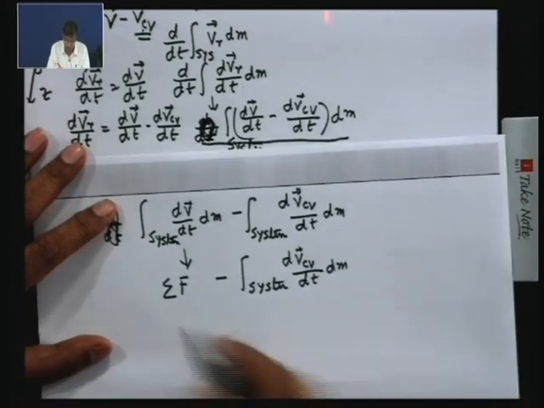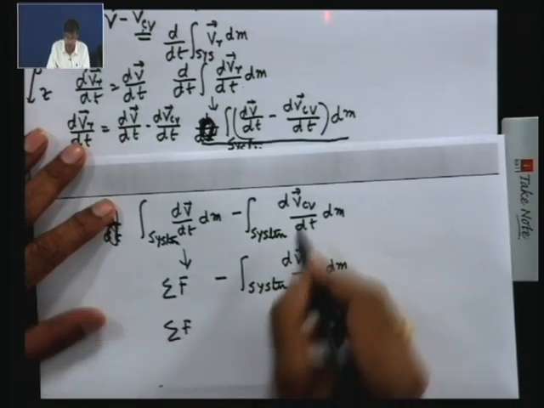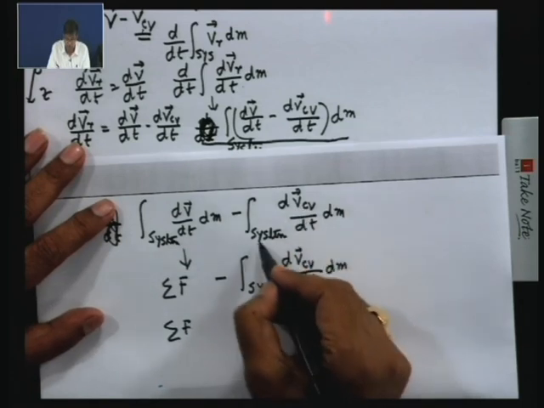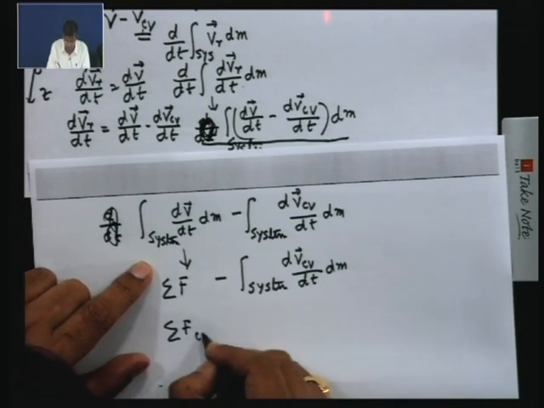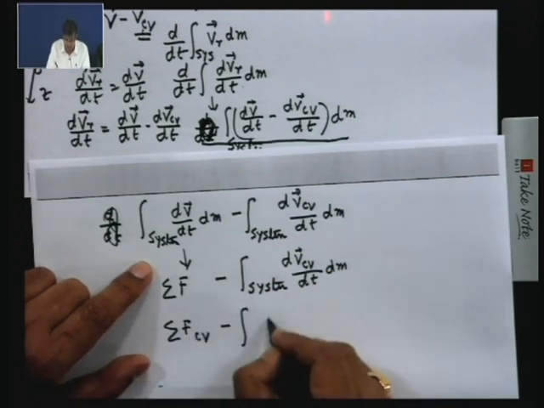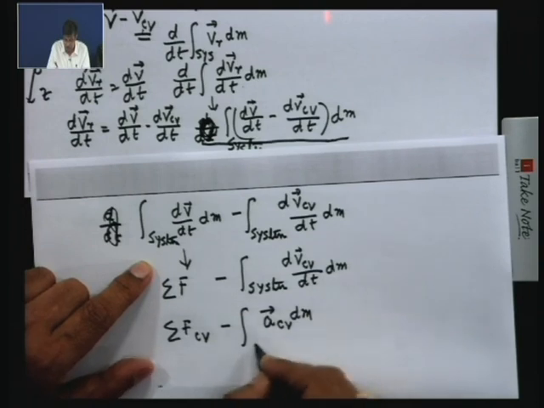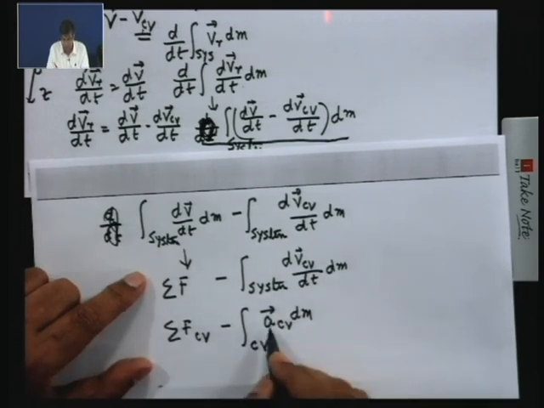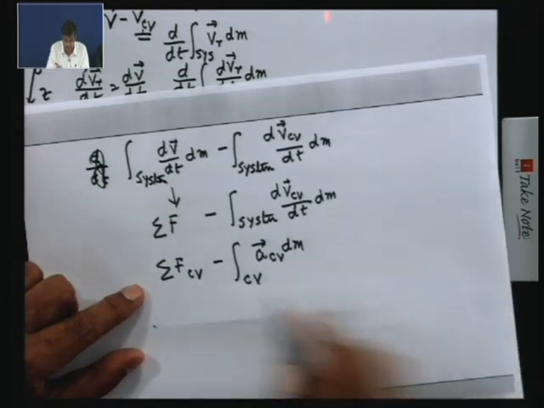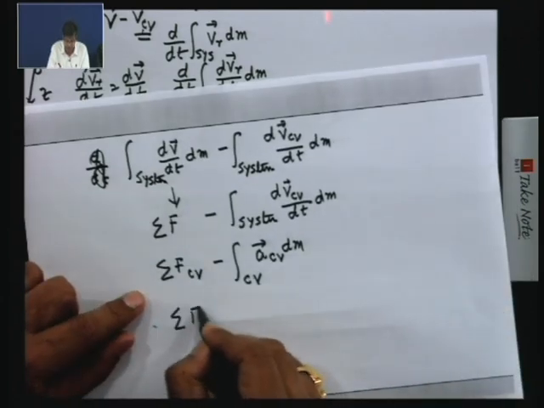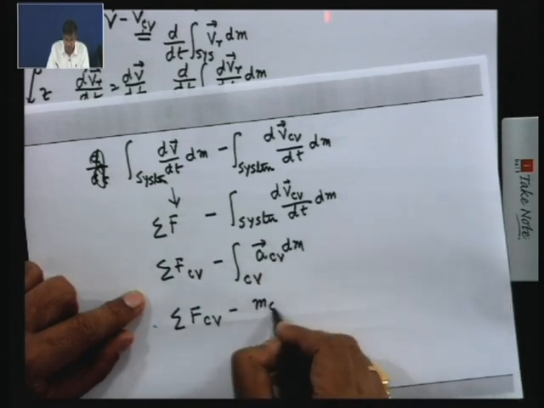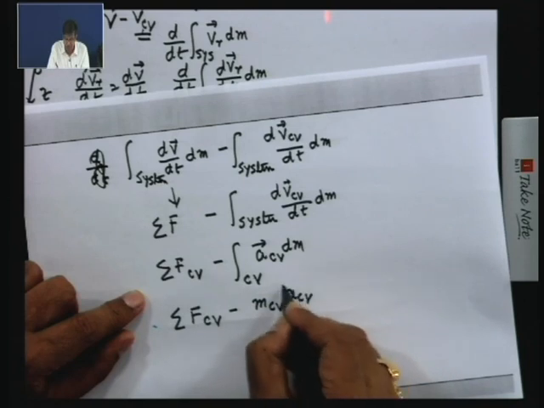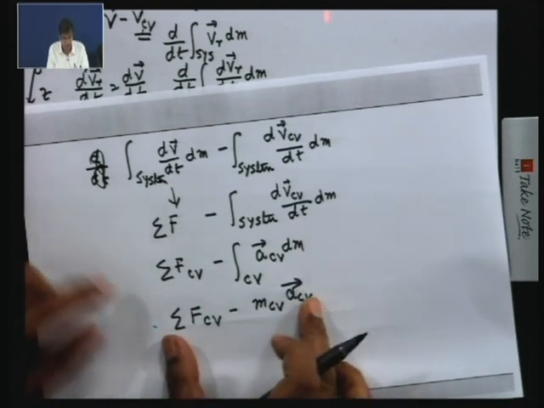So, therefore, we can write this F, actually this is the control volume acceleration. So, from here itself we can write this as the control volume. So, it does not matter, this over the control volume minus this, and if this is the acceleration, so we write this nomenclature of the control volume dm with the coinciding control volume. If the acceleration within the control volume is constant, then this can be further simplified as minus acceleration times dm, that means mass of the control volume into the acceleration vector. So, this is the modification of the